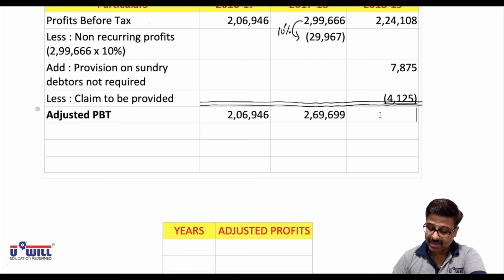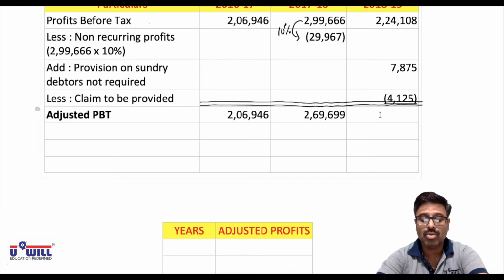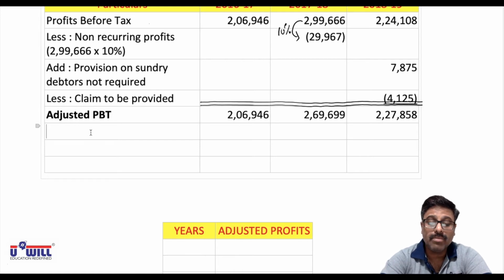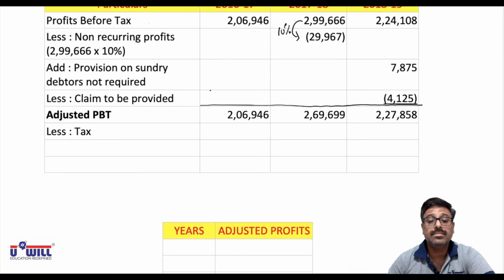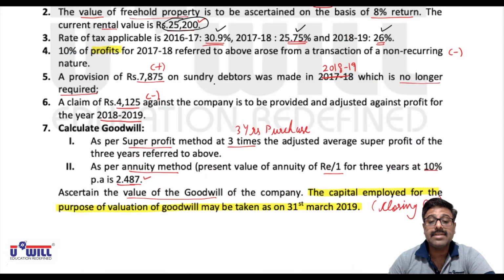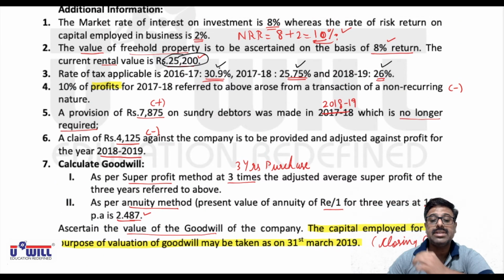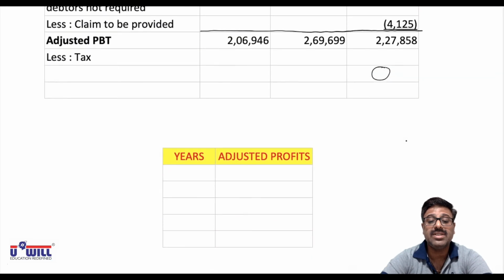plus 7,875 minus 4,125, that is 227,858. Okay, from that we will minus the tax. The tax rates are 30.9%, 25.75%, and 26%. So 30.9% for the first year,